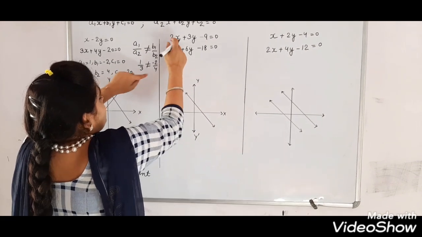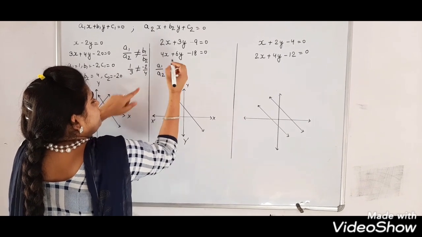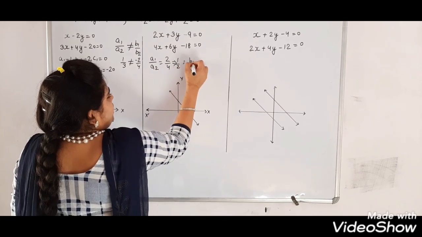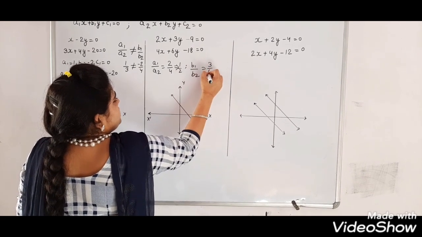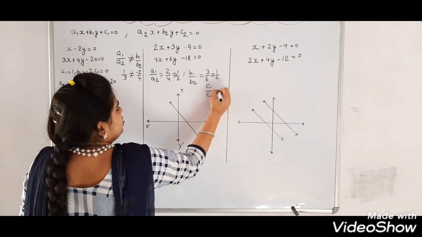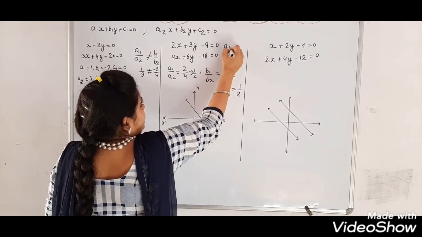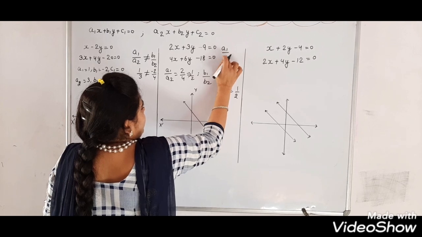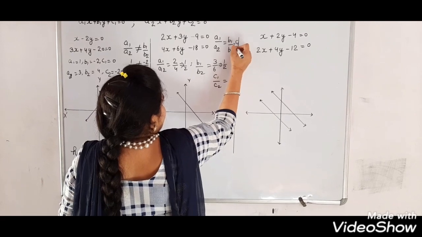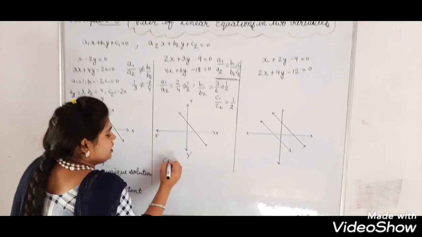After this, comparing these, a1 by a2 means 2 by 4, we will get 1 by 2, b1 by b2, 3 by 6, means again 1 by 2. Similarly, c1 by c2 is equal to 1 by 2. So from here we get the result a1 by a2 is equal to b1 by b2 is equal to c1 by c2. In this case, lines are coincident